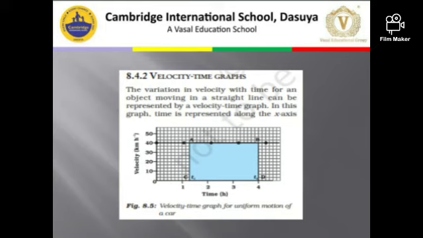Now look onto the graph carefully. Velocity is at 40 kilometer per hour when the time is 0. After some time, the time approaches to 1 hour and the velocity is still 40 kilometer per hour. When the time approaches to 2 hours, still the velocity is 40 kilometer per hour. So we have a line parallel to time axis. So this is going to show you that the velocity is constant. Constant means your car is moving, but its velocity is neither increasing nor decreasing. It is constant.